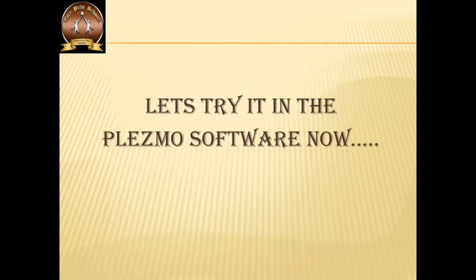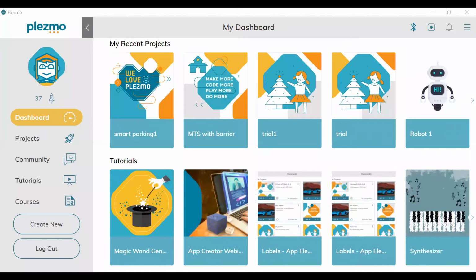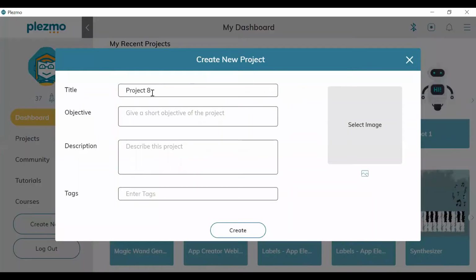So let us try this program in the Plasmo software. When we open the Plasmo software, we get the interface like this. I will click on create new and the project name will be Smart Parking System.